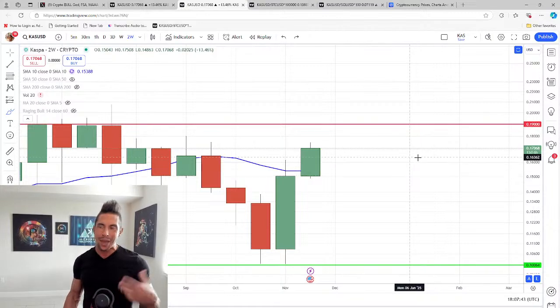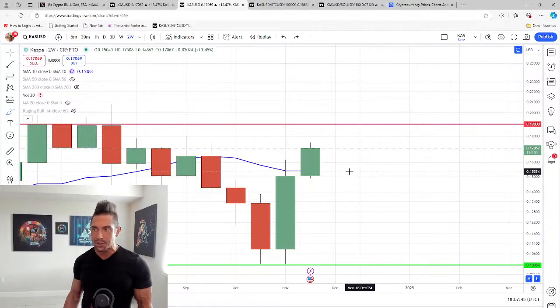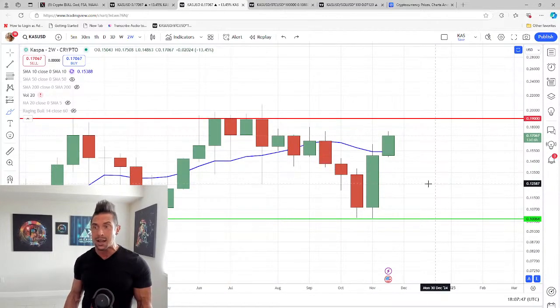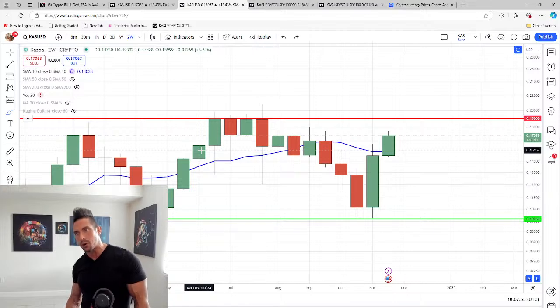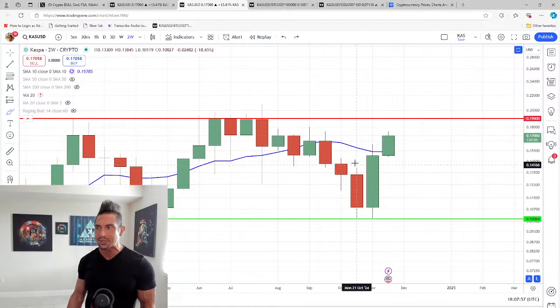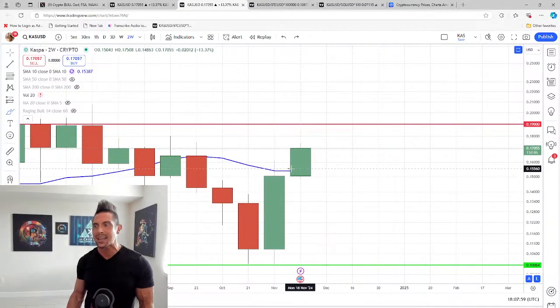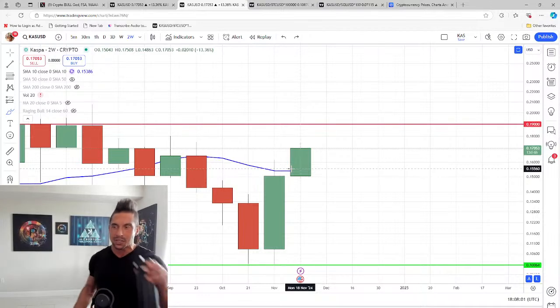We're also getting back above the 10 simple moving average on the 2-week, which historically has been a good sign. Historically, when we've broken below the 10 SMA and then we've recaptured it as support, we've made some big moves to the upside. So we're starting to see that right now. Now, this candlestick is very early. It just printed